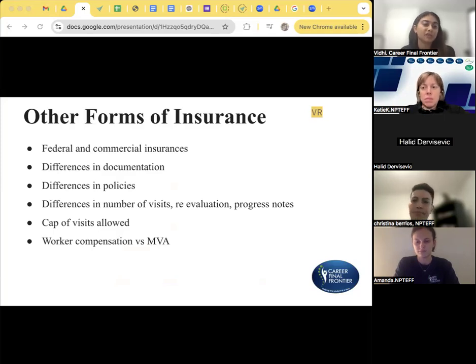Hey, what are the other forms of insurances? Like we briefly mentioned, there are federal versus commercial. Federals are what Amanda spoke about, the Medicare and the Medicaid, and commercial insurances are all the other national insurances, wherein your Blue Cross Blue Shield comes in, Aetna comes in. You have different insurances with Harvard Pilgrim. They have different insurances like TRICARE for military, Humana. There are different insurances, and those are commercial, and federal are the two big main ones, Medicare and Medicaid.